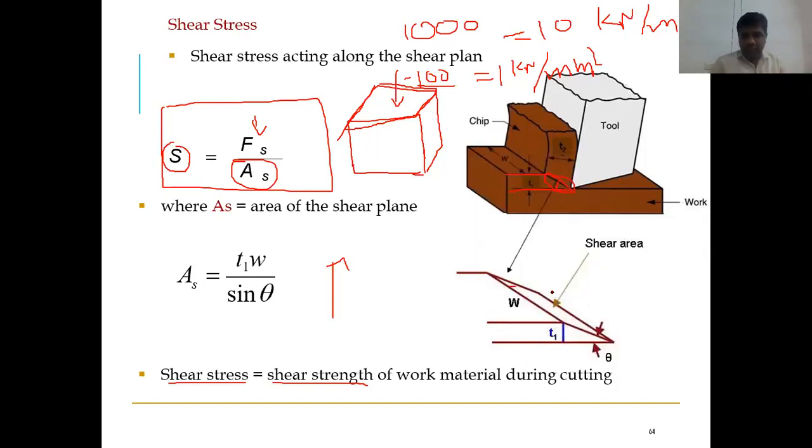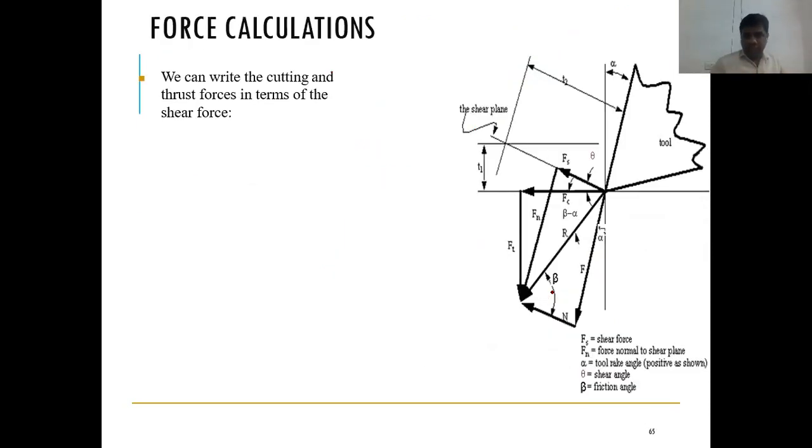So if you know the shear strength, then you can back calculate and find Fs. So there are some formulas in this. Maybe 40 minutes are coming to an end. So right, same relations are there. So R equal to root of FC square plus FT square. But the only thing here is that we are calculating through Fs.